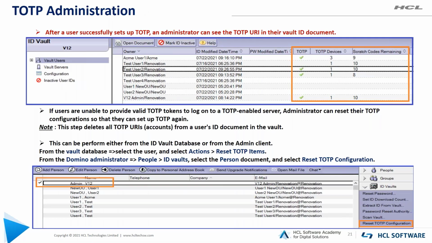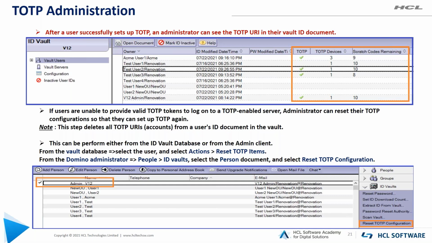In this slide, we will look into the options available for an administrator to administer TOTP. From the ID Vault database, an administrator can view who all are set up for TOTP. This includes the number of devices where TOTP is configured and the available scratch code count.